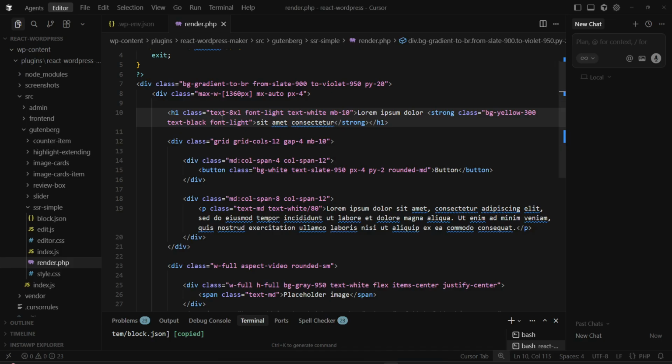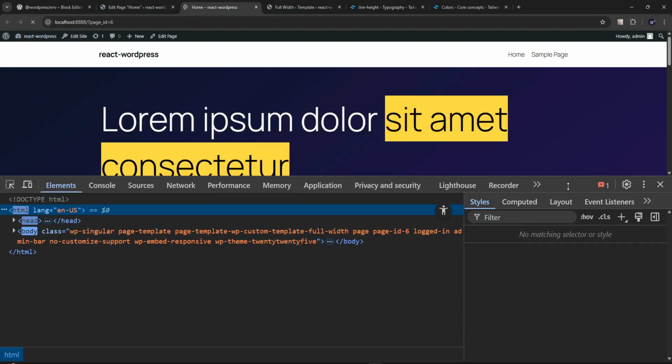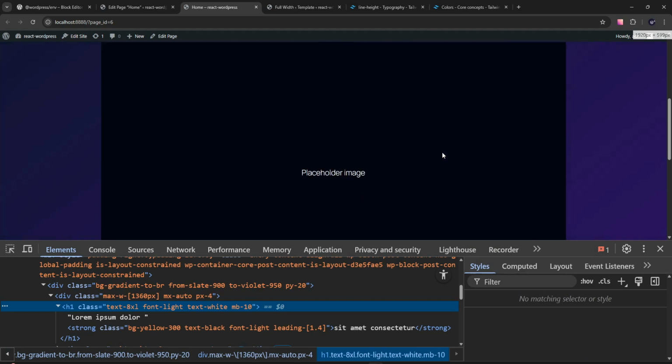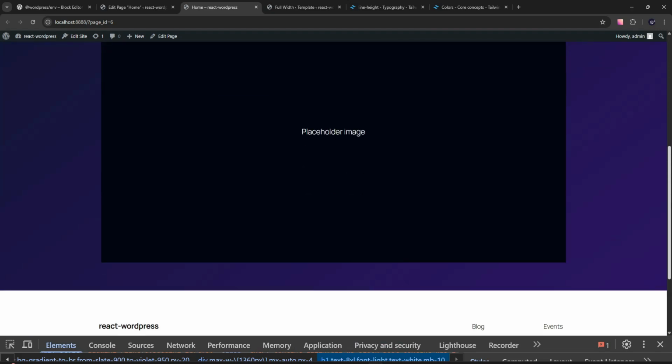We'll be using this one, and I hope this is enough. Yes, much better. So at the moment we have this header, and we can use this header for our future